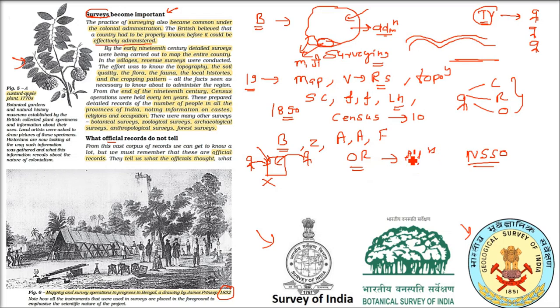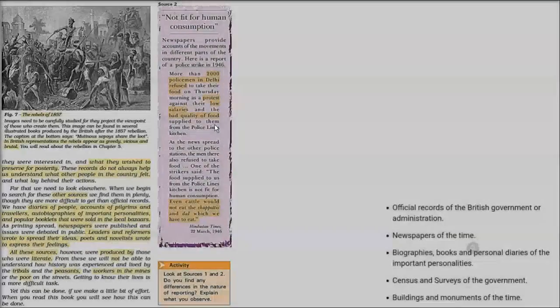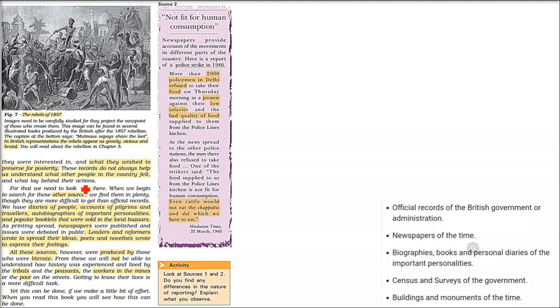But what official records do not tell us is also very important, because these official records are written by officers. The memos, the reports, the notes, everything is written by whom? Officers. It's official, how offices were going, how there was communication between different offices. This is what we know. They wrote what they wanted to show for posterity, but it would not give us a good idea.